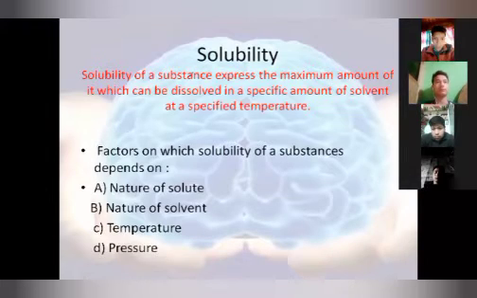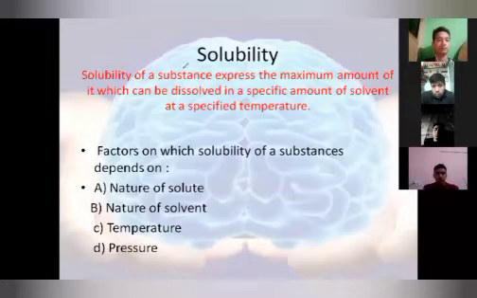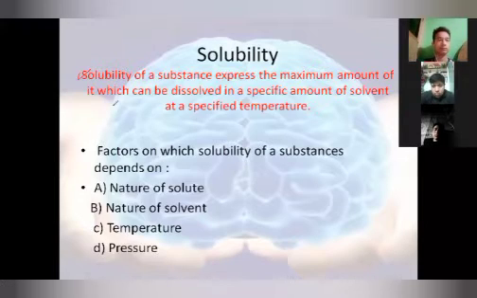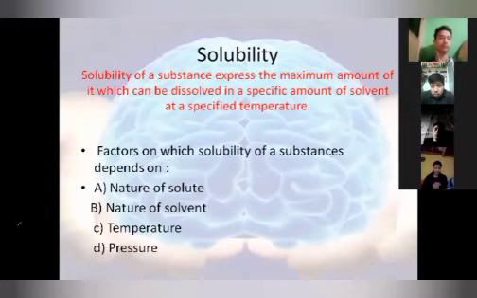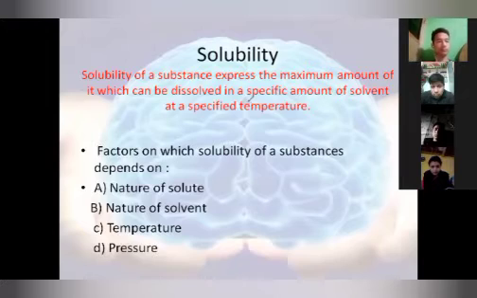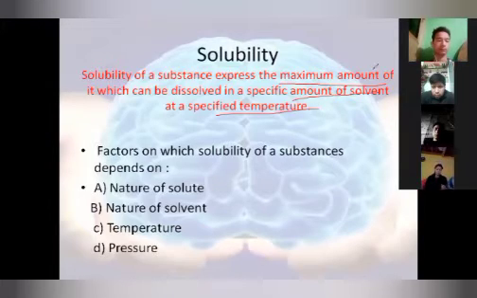Although this video has already been shared with you, I will take it in fast mode. I will only explain Henry's law. So what is the definition of solubility? It is the maximum amount of solute which can be dissolved in a specific amount of solvent at a specified temperature. There are three things: specified temperature, specific amount of solvent, and maximum amount of solute. This is called solubility. Okay.